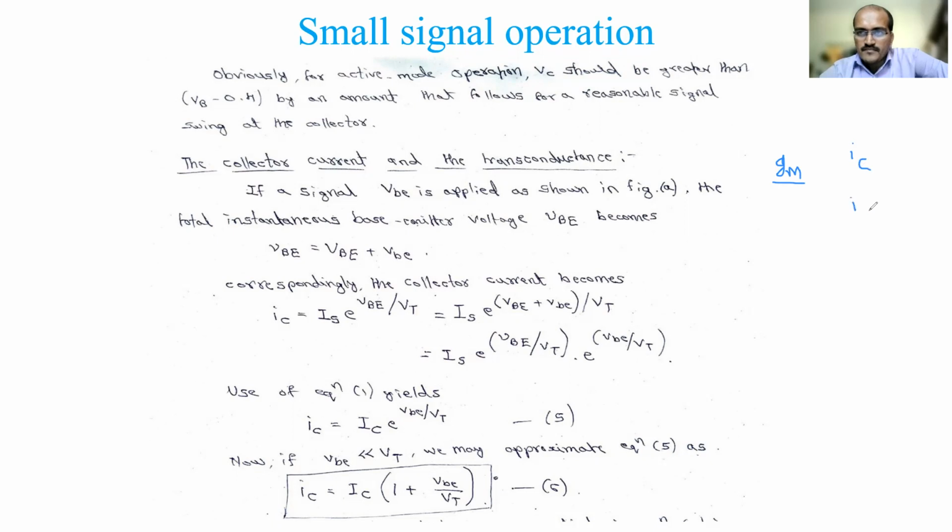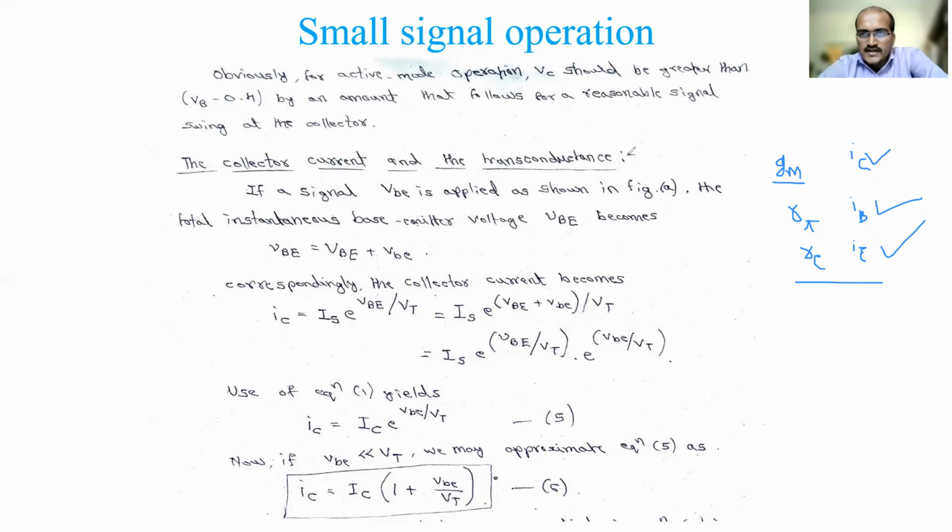Similarly, next we will consider the base current, iB, with which there is an associated resistance, which we call r-pi. And similarly we'll discuss the emitter current, whose associated resistance we denote rE. These 6 quantities we'll be discussing now, and we try to get the expression for each of these 6 parameters. Then finally we will see one simple problem and how to solve it. That is our agenda today. So let's jump into that.